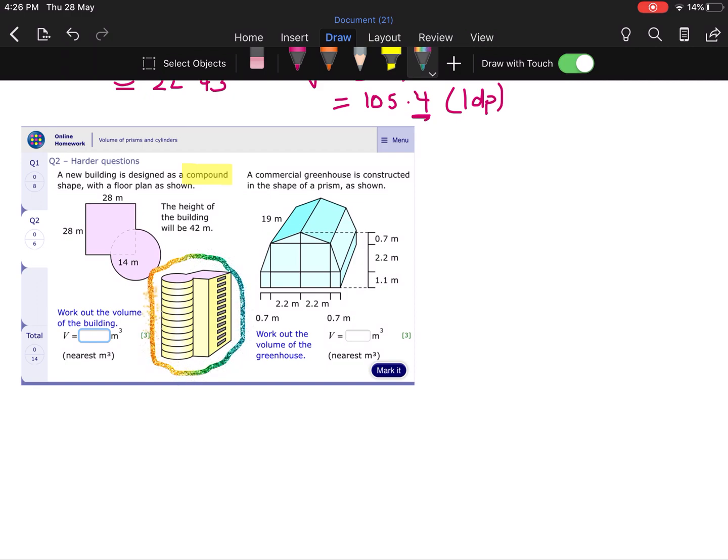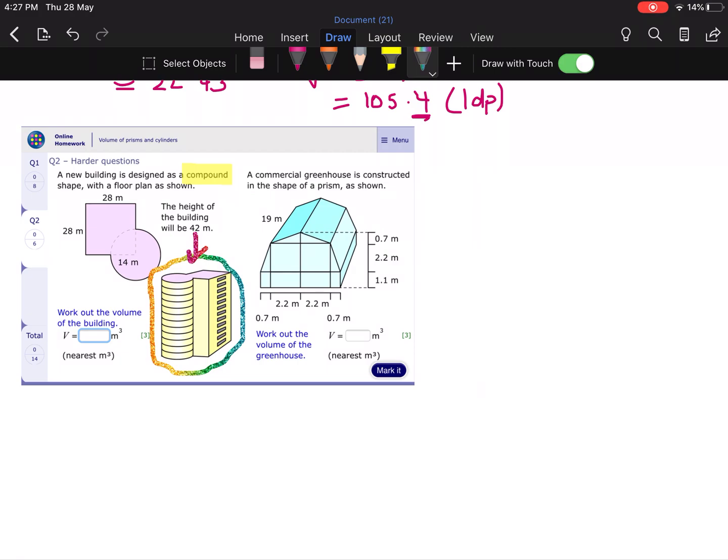It's showing you a bird's eye view looking down on the building. You've got a square with lengths 28, and then a circle with a radius of 14. So we've got to work out the area of the roof, which is the front face,